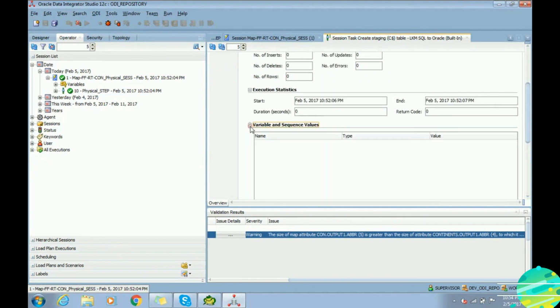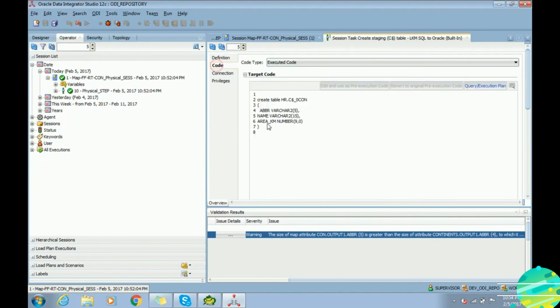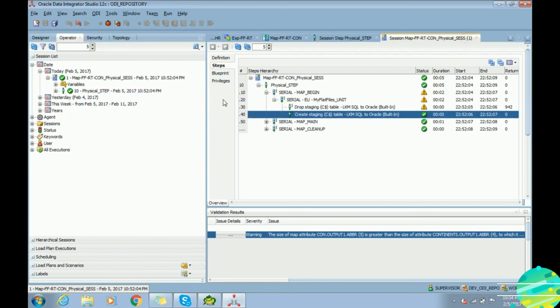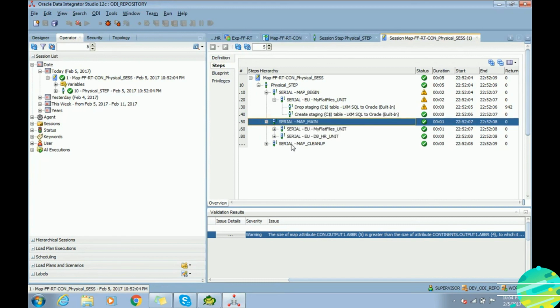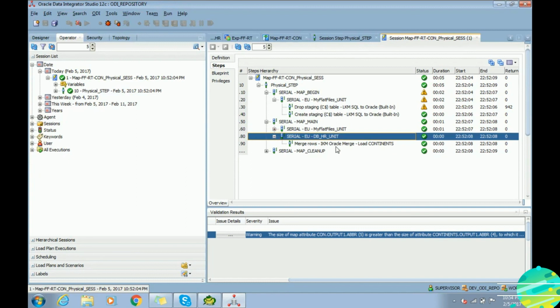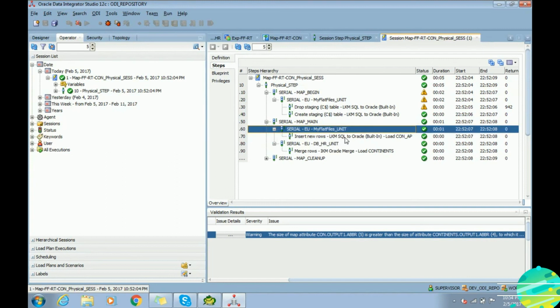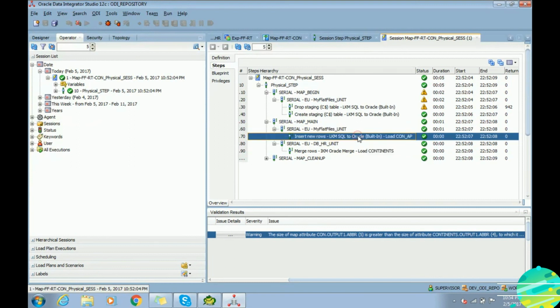This is a little more detail on each step. So basically, if you double click on a step, you can see what code that step has executed, and that we can see for any of these steps. Just click on the step and it will show you the task which it has run under that step.